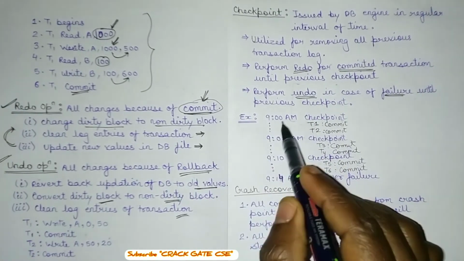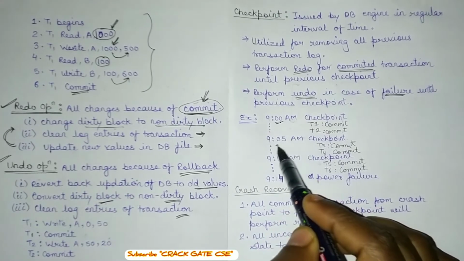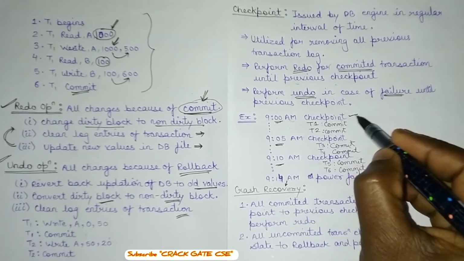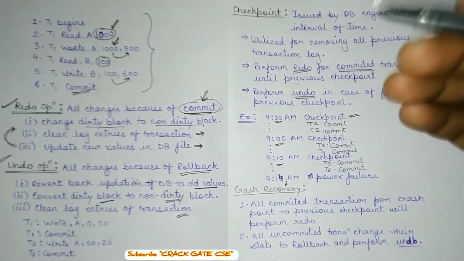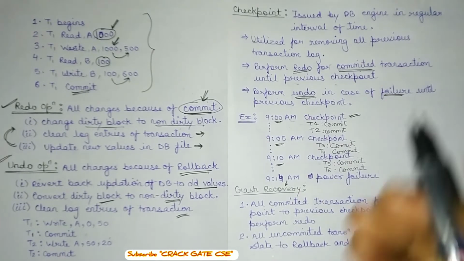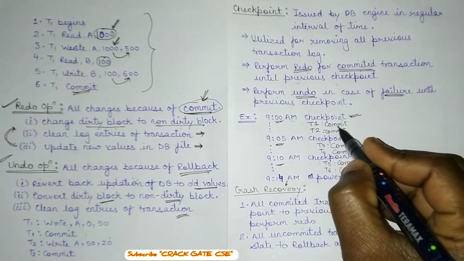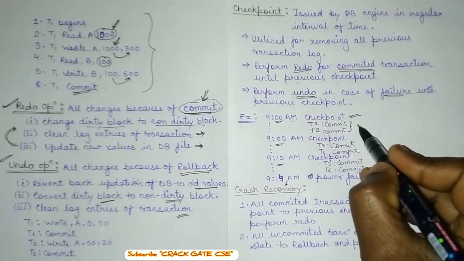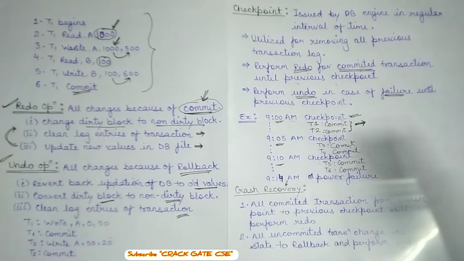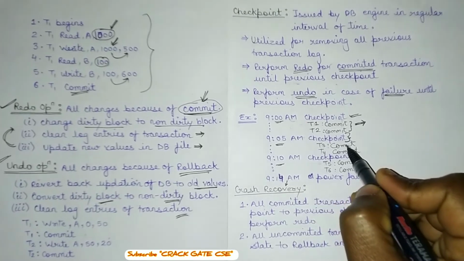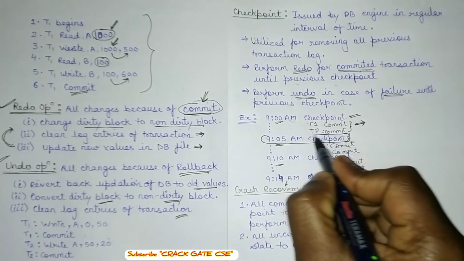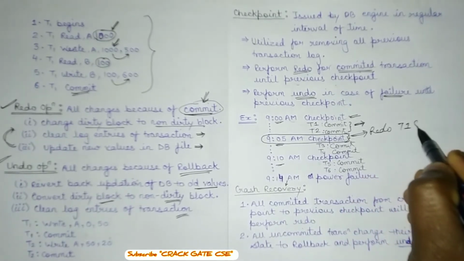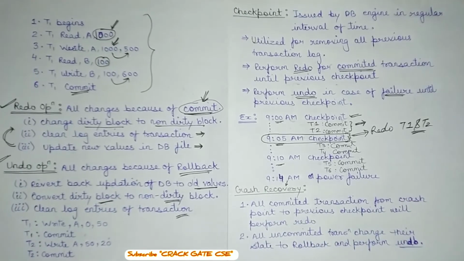Here we have multiple checkpoints at 900, 905, 910 and at 915, right? So the first checkpoint, whatever has been completed above the checkpoint has been handled by that particular checkpoint. After this we have T1 and T2. So these T1 and T2 have been committed. If they have been committed, the redo operation will be performed at this checkpoint, because this checkpoint stores the progress. So the redo operation of T1 and T2 will be completed, right?